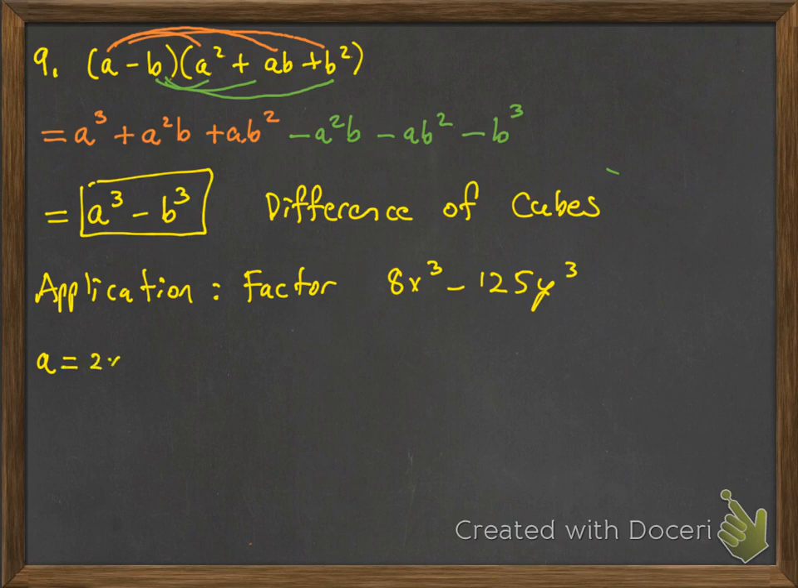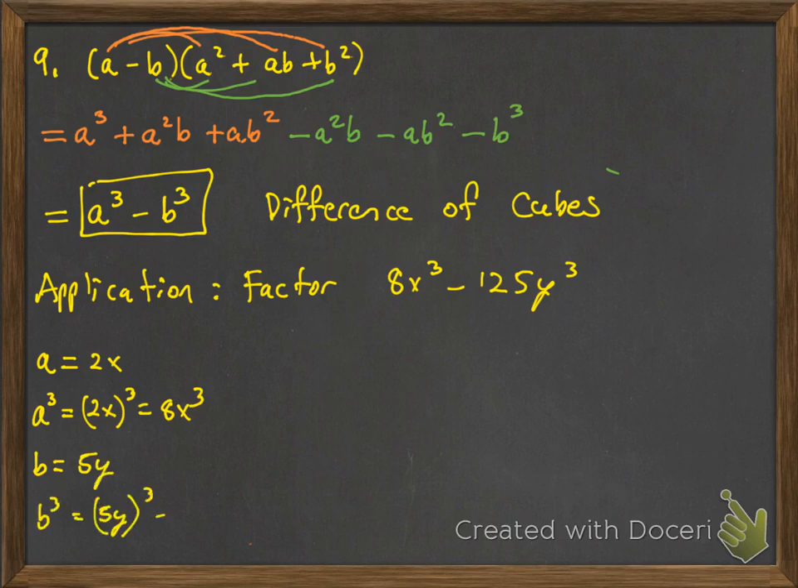So that tells us the a will be 2x. So a cubed would be 2x quantity cubed, which would be 8x cubed. So we got a good match there. B we'll say is 5y. B cubed would be 5y quantity cubed, which is 125y cubed. That looks perfect. So we can rewrite that as a cubed minus b cubed, which factors into a minus b